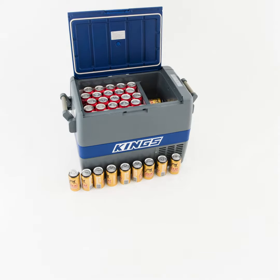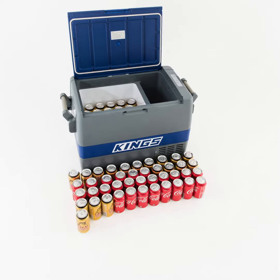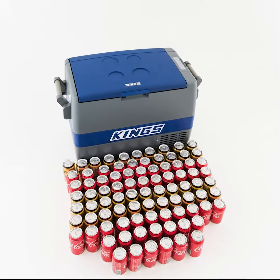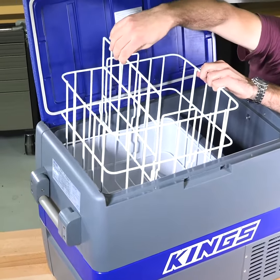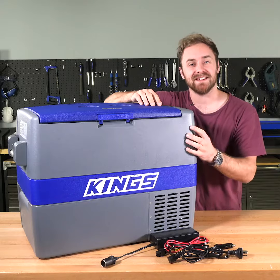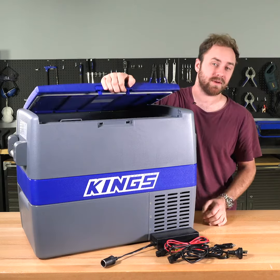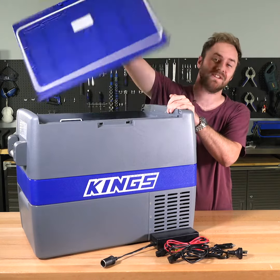degrees. This compact fridge can fit and cool a massive 88 cans. That's almost 4 slabs. Or use the included basket to neatly stack your food and drinks. The case is made of tough polyethylene, and so is the lid, which features a quick release latch and is completely reversible